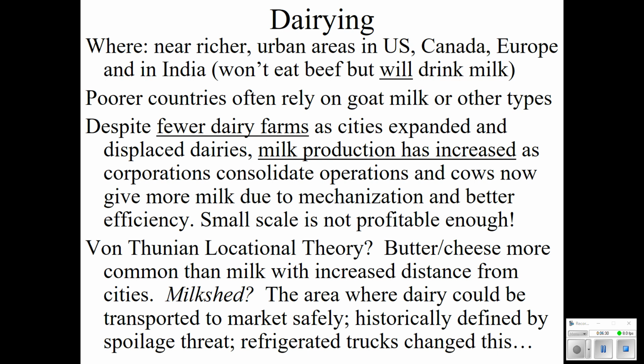So we'll talk about two big kinds of farming that happen in the United States. One, dairy. Now, this is an interesting phenomenon because even though there are fewer dairy farms in the United States today, we're producing more milk than ever before. This is because of technology. This is the corporate control over the big dairies. Because they have fewer farms, that doesn't necessarily mean that there's less milk. In fact, the cows are much more efficient today.